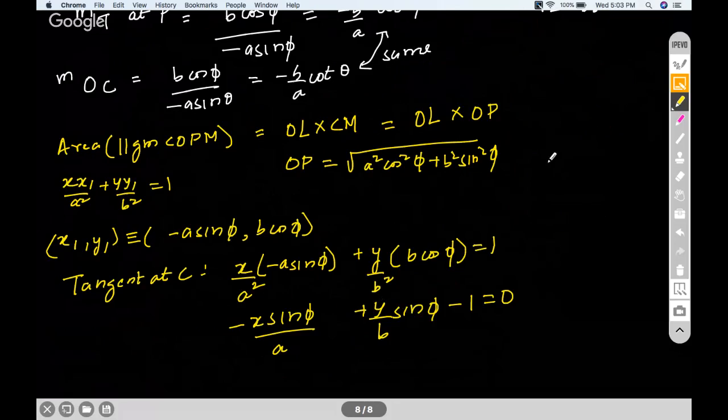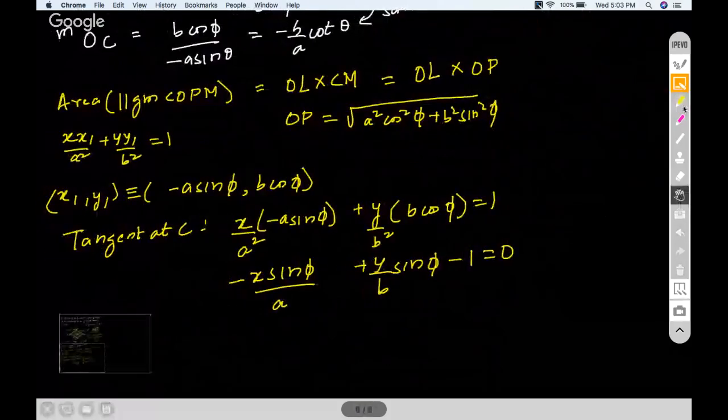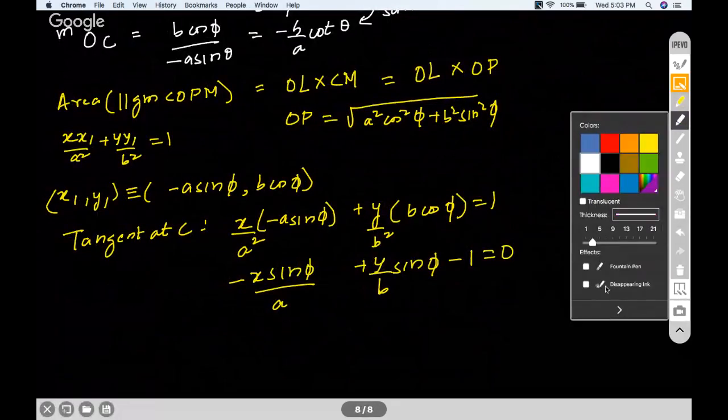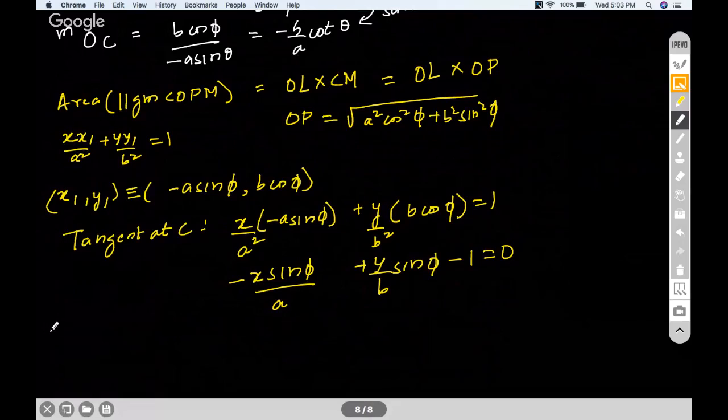So now I want the distance of this point from the origin, the distance of origin from tangent at C